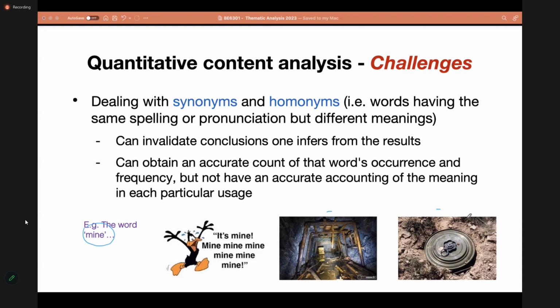It might have occurred 25 times, but all 25 times not in the same meaning. So you might end up with a correct counting of the number of times the word is occurring, but not the actual meaning of each usage.